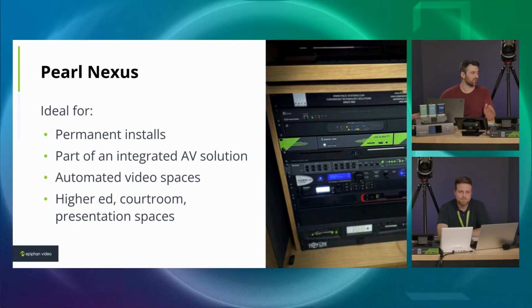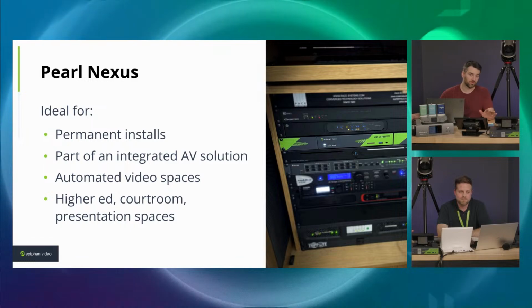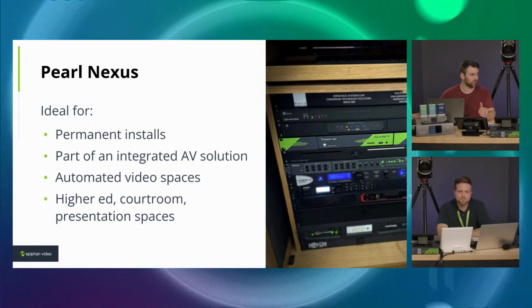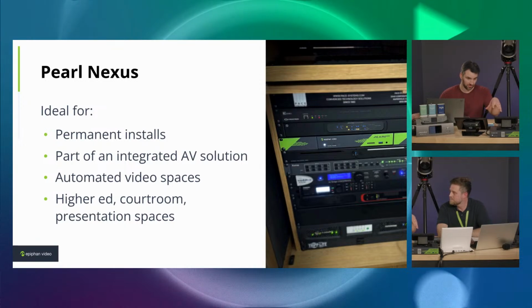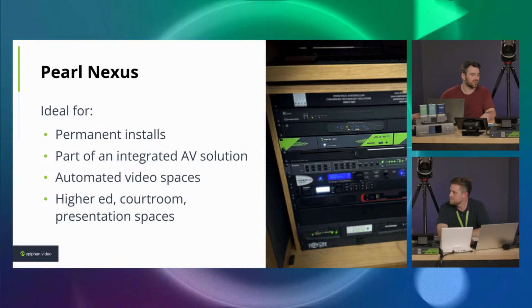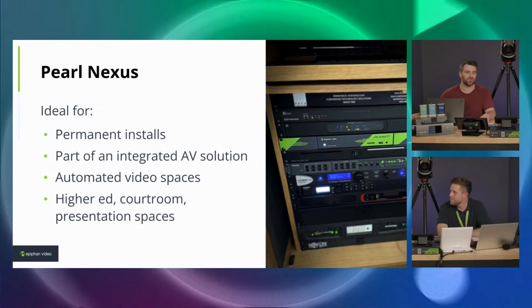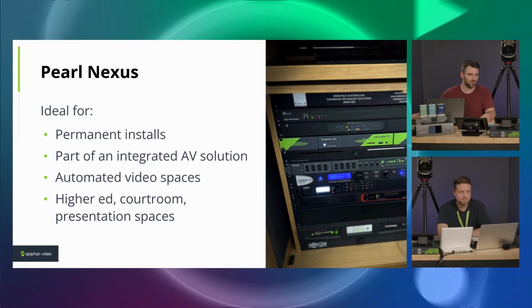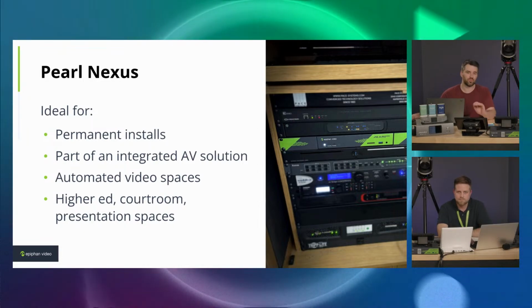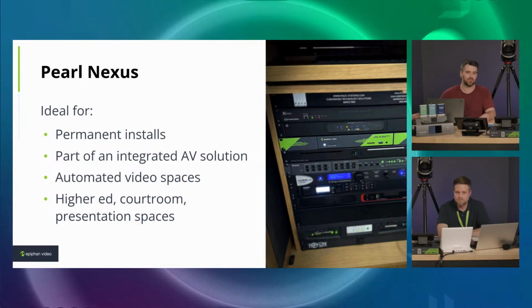You can get a Pearl Nexus, put it into there, and automate all of its functions from your existing infrastructure or from other things like everything you see in this table, and then you just kind of set it and forget it. So that's kind of the purpose of it. It's built to save you space, to save you time. It puts one U in a rack, and then you just go from there.